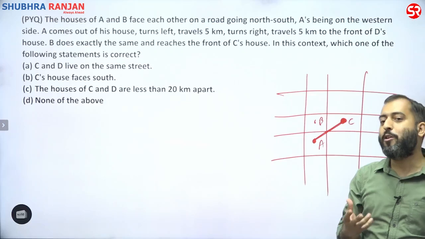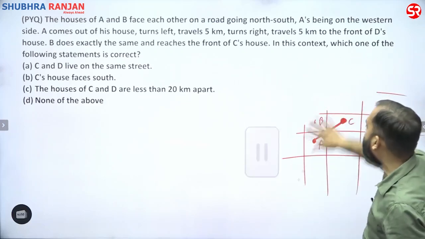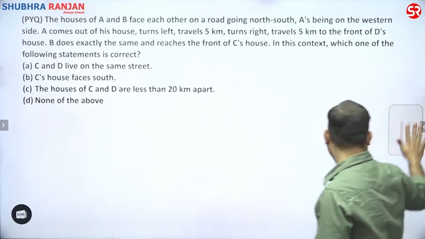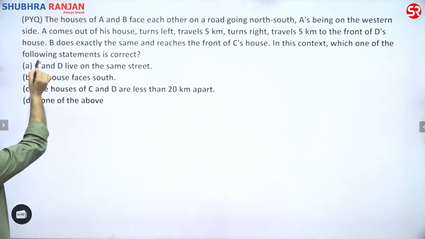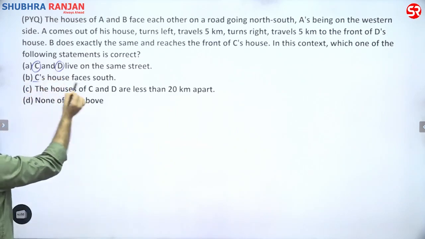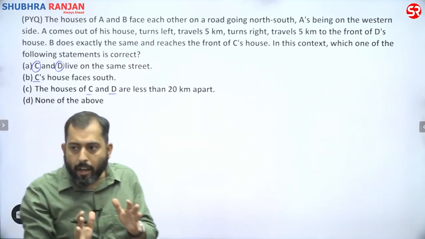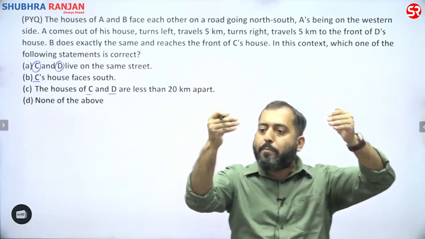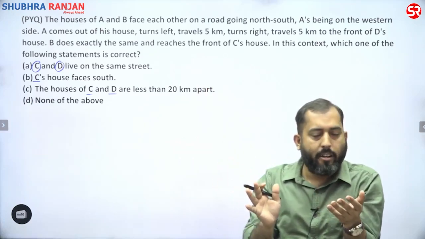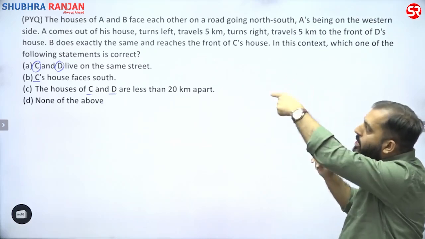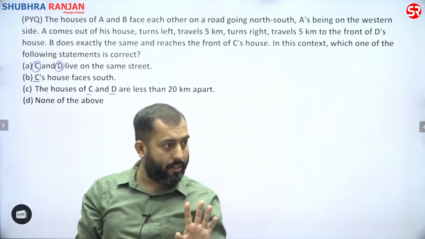Yes, answer has to be option C. Let me give you the reasoning behind it. Everybody, please be very careful. See, listen. In the question, the examiner is talking about C and D. In the option, the examiner is talking about C and D. But in the question, we have information about A and B, not C and D. In the question, we have definite information about A and B, not C and D. Are you getting this thing?